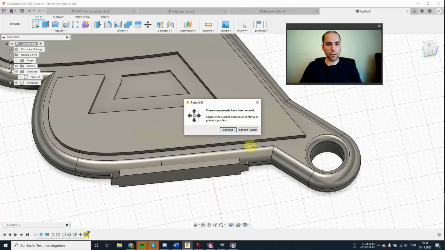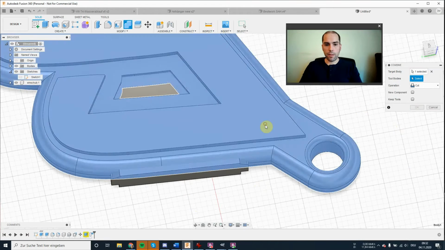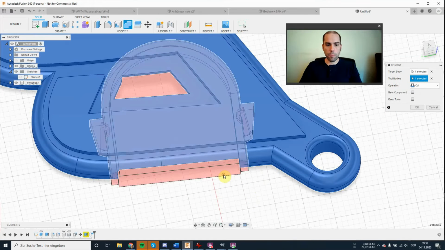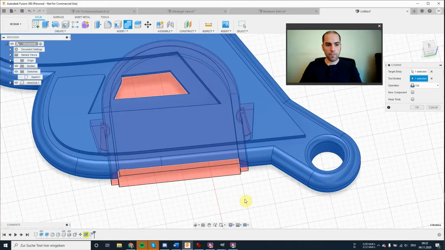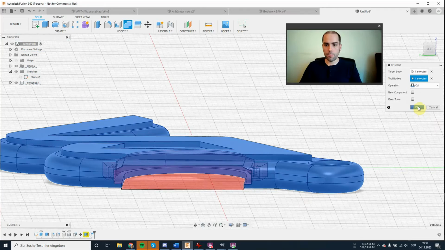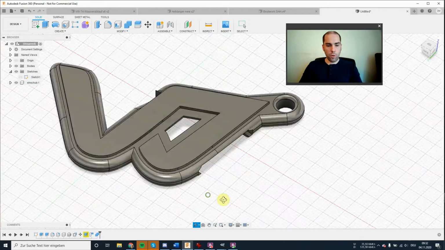But now I'm going to combine them. This is the target object, and as a tool object, or body rather, this is selected. All right, so now we're already done,